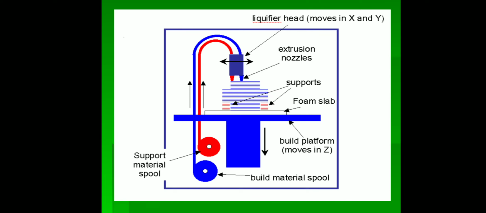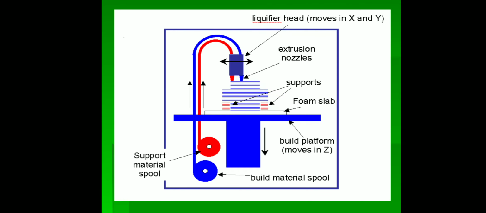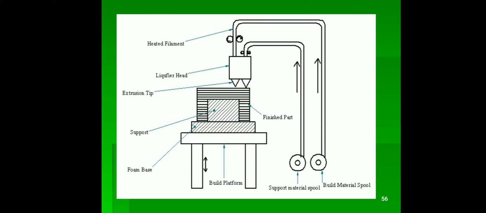And this is the foam slab. On the foam slab we have the supports. So this extrusion basically forms a nozzle of the material, and here, layer by layer, this component is manufactured. As the first layer is formed, then the second layer on the previous layer, then the third layer. So this platform moves downward and the complete component is manufactured like the previous two. I hope you can understand better with this help.